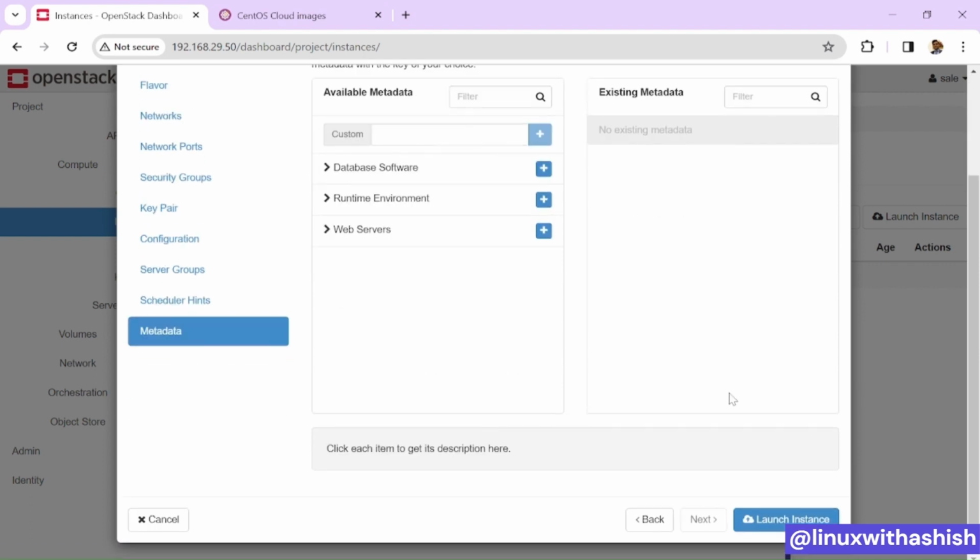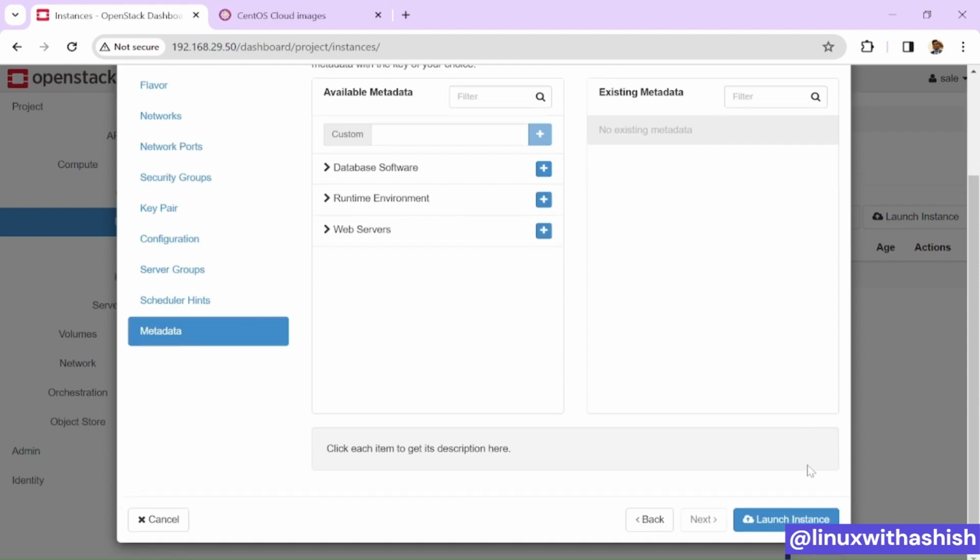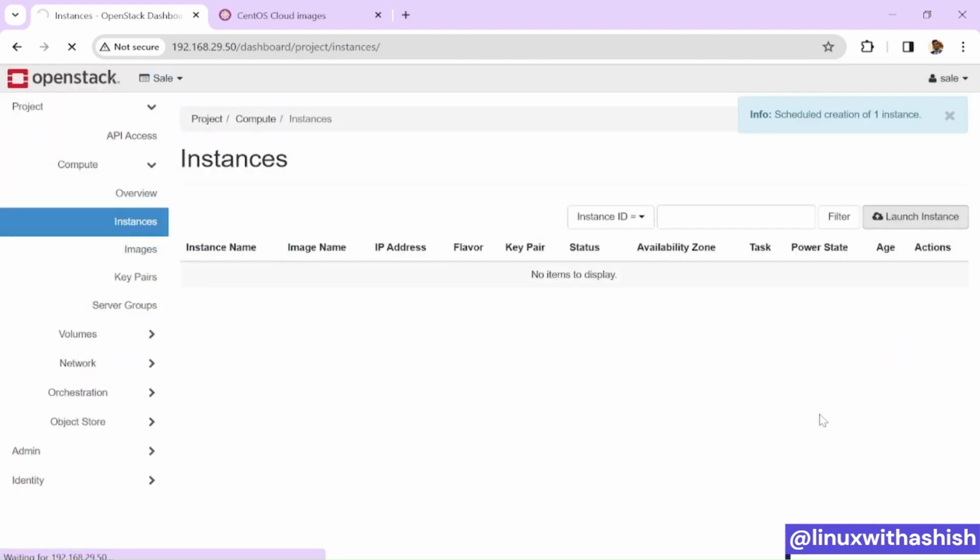So finally you will have to click on Launch. And remember, these are the mandatory details: Details, Source, Flavor, and Network. You will have to fill these out, and then you will have to launch the instance. Once you launch the instance, your instance will start